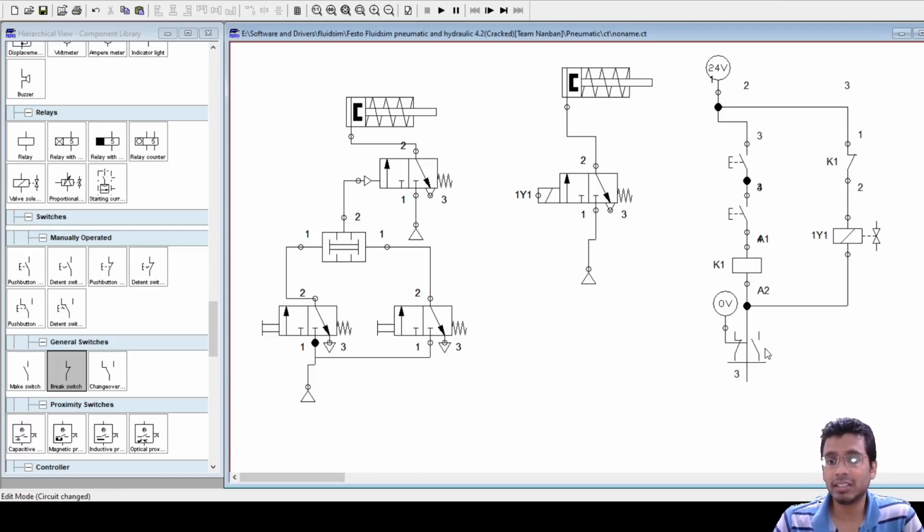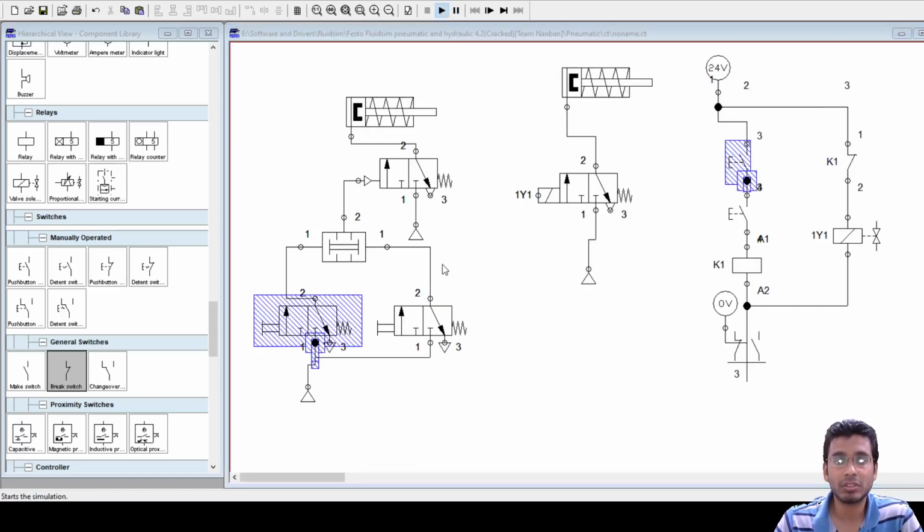Now you can see that the entire current path 3 has been shifted to the left hand side. This shows that for the relay K1, your break switch, or normally closed switch, is now placed on current path number 3, and whenever this gets energized, this will open. What will happen in this case?